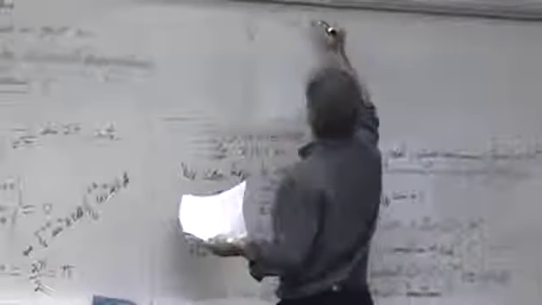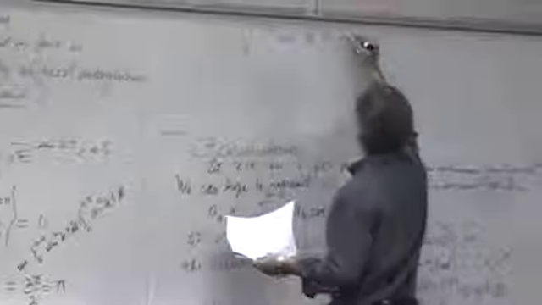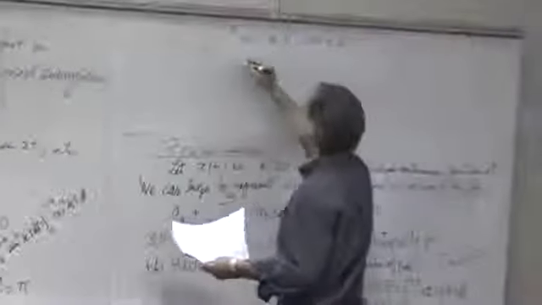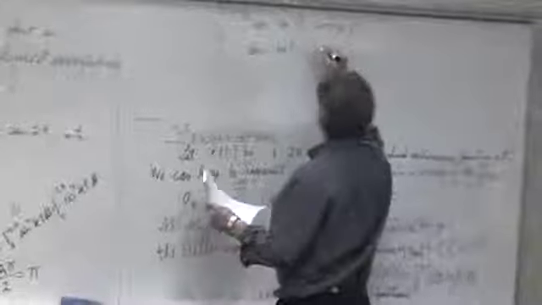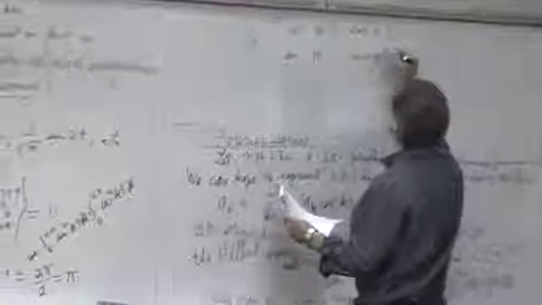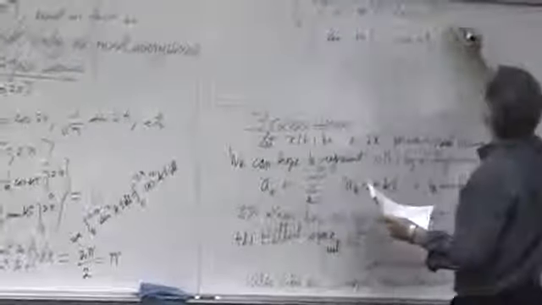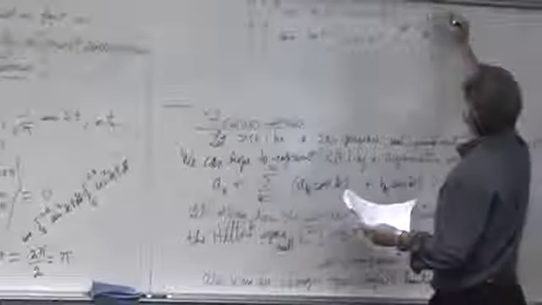So how do I do the integral from 0 to 2 pi of cosine mt cosine nt, or sine mt sine nt, dt? How do I do those? Well, I use the angle addition and subtraction formulas. This is 1/2 the integral from 0 to 2 pi